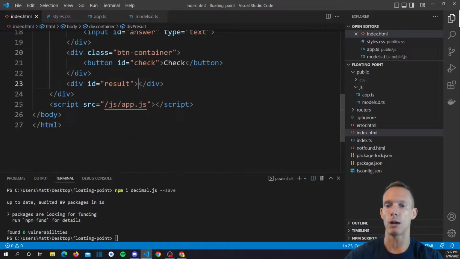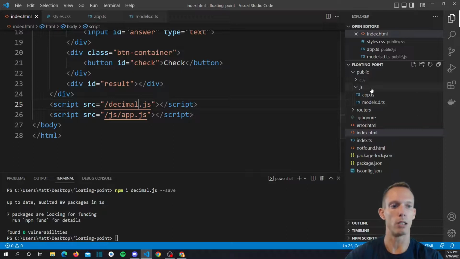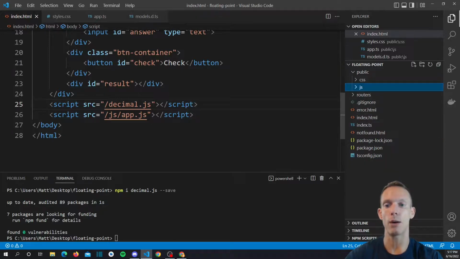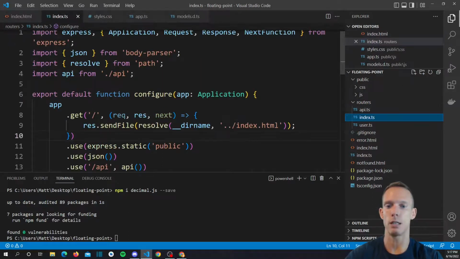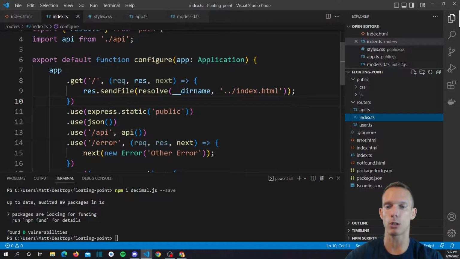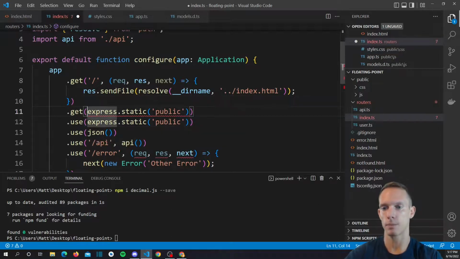What we need to do now is actually add a script tag for it. So we're going to import our decimal.js. All right, and now we need to change our server to allow us to do this, right? So we're going to open up our routers folder, and we are going to open up this index.ts. Right now we're only serving static files from public. So we're going to add another GET request,